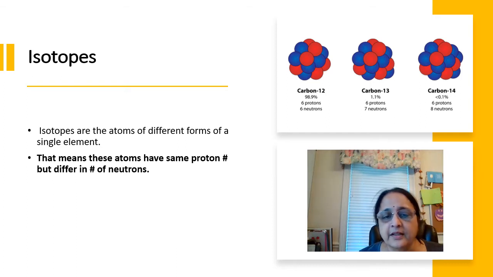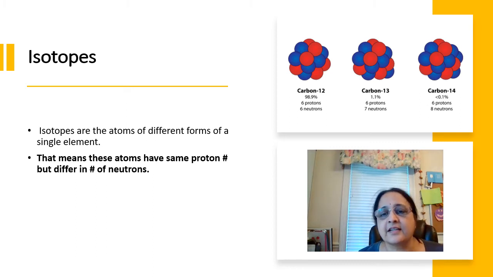But remember that all these isotopes represent that element only, and they are not considered as different elements. The reason behind that is the number of protons for all these atoms of that element does not change. Therefore, they all represent the same element.